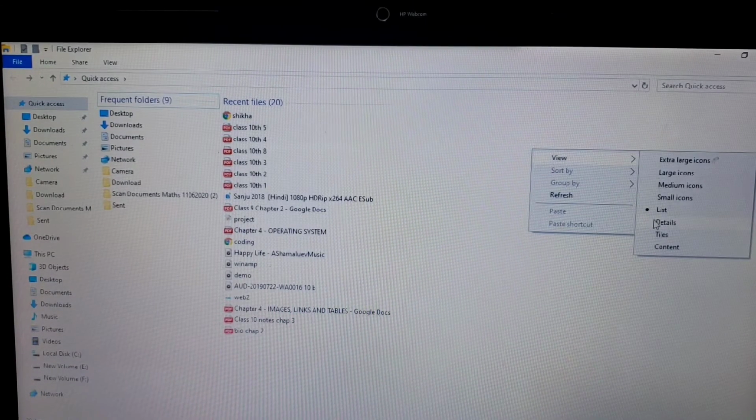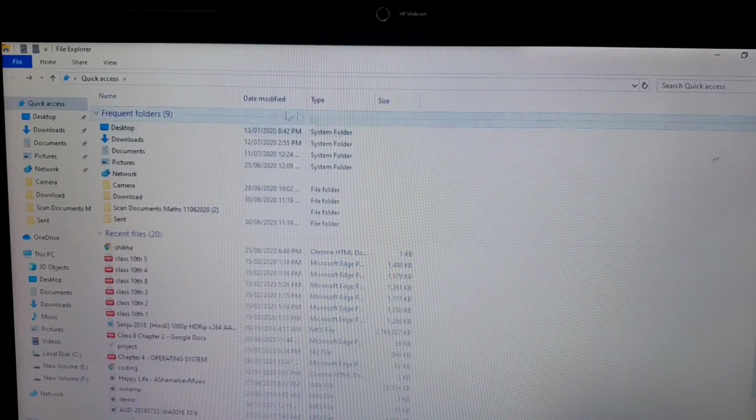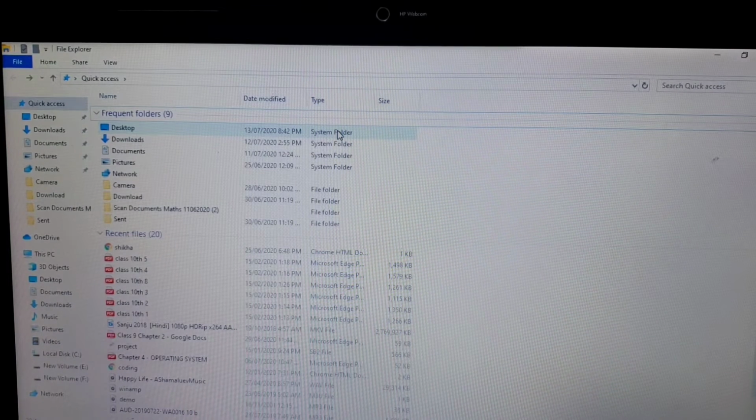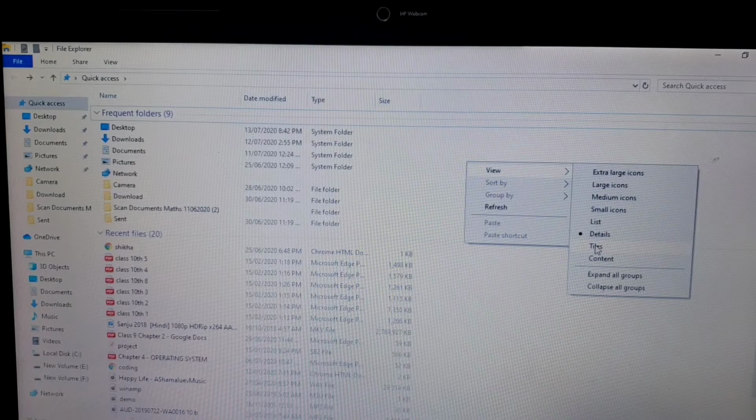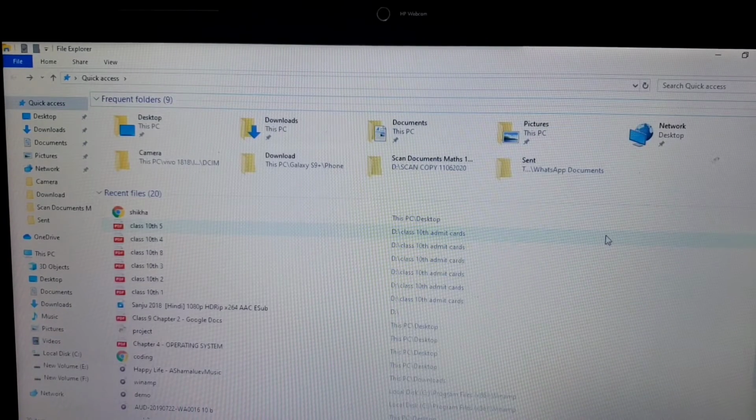If you want it in Details, meaning you want to know when this particular folder was created, at what time and where it is, for what purpose we created this folder, all the details will come when you choose the Details option. Or even if you want to see the Tiles position which we had earlier, it will come in that form.